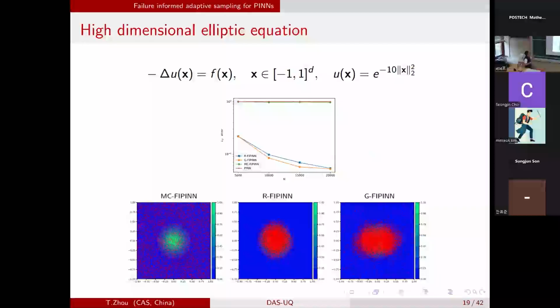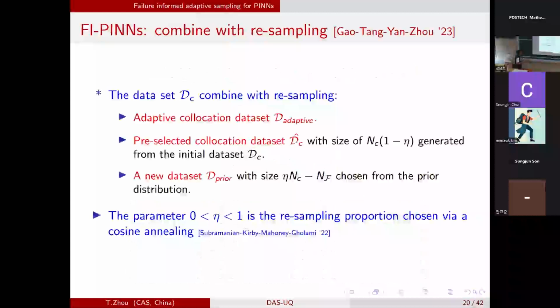If you consider a very high-dimensional problem, the adaptivity is much more important. Because the resource only allows you to use a finite number of training points and a finite number of iterations. Based on these resources, in the high-dimensional case, the points in the high-dimensional space are very sparse. So for high-dimensional problems, the adaptivity is much more important. Otherwise, the method will not converge.